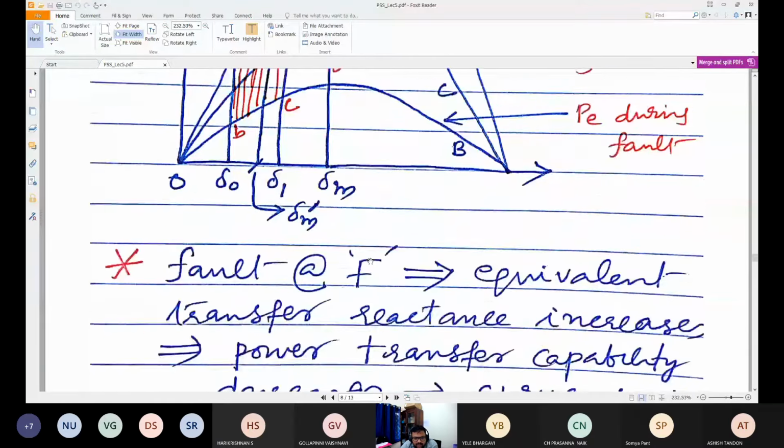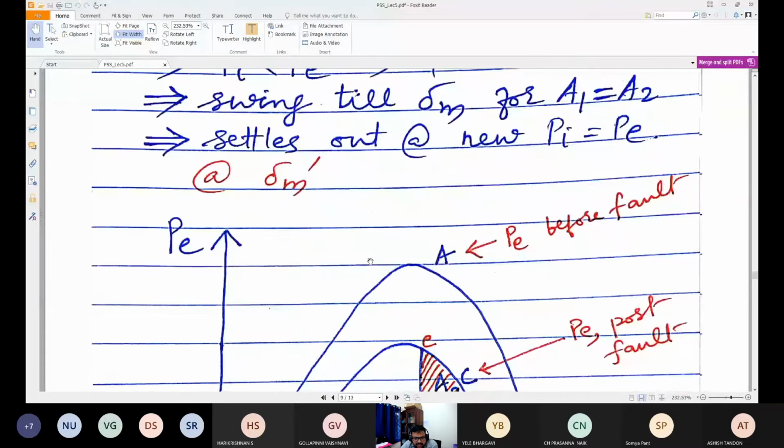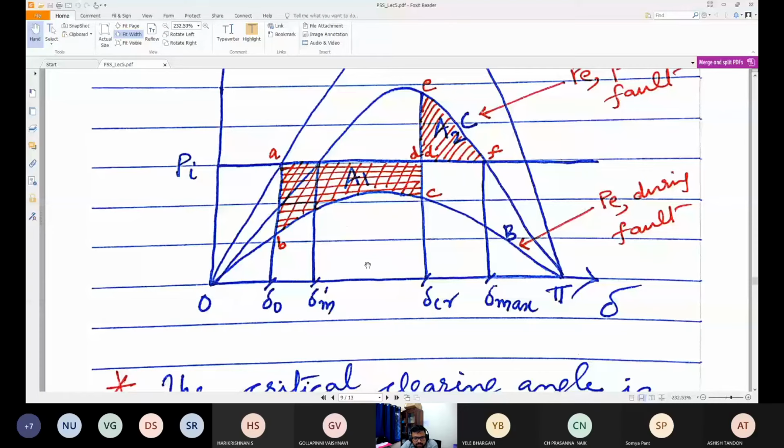Now, what is the critical clearing angle in this case? Let's see another figure here. Suppose your fault is cleared only at this point, del CR. And if you have the decelerating area till F, where F is a point on the mechanical input line, then beyond this, if the swing extends beyond this, then what happens is